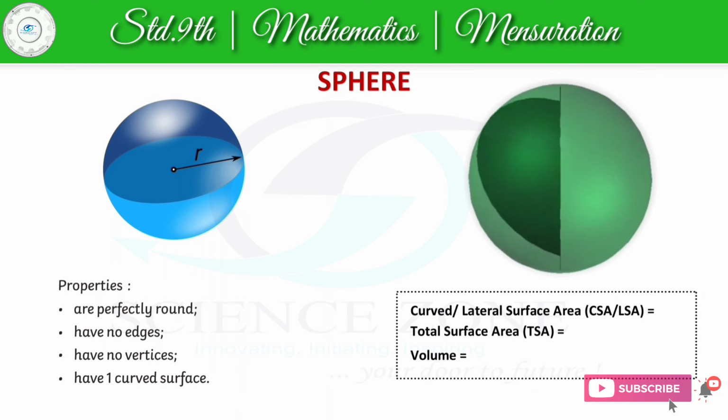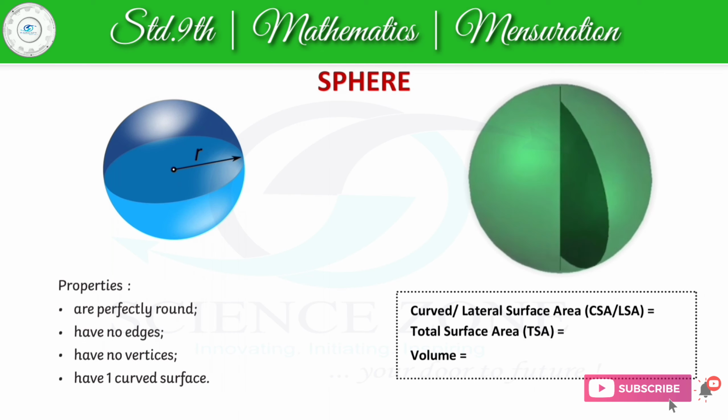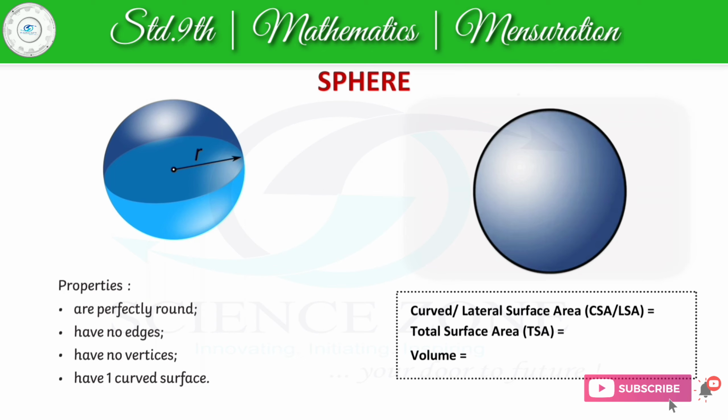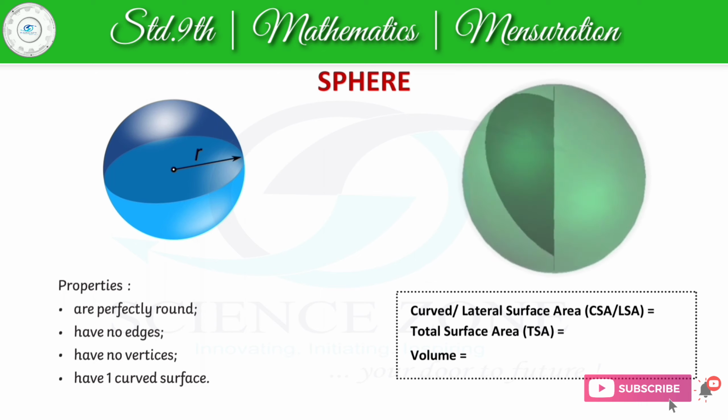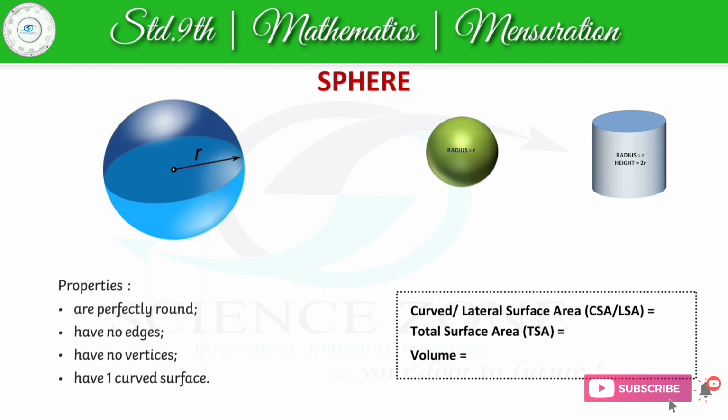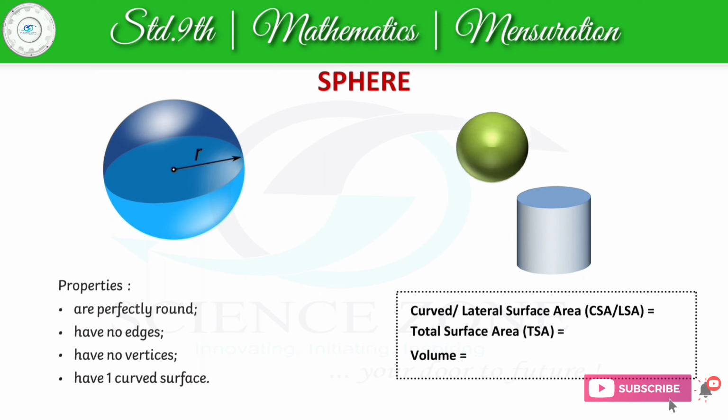Sphere. It is a 3D shape with one curved surface only. A sphere does not have any base. Football, earth, these are a few examples of spherical shapes. As a sphere does not have any base, the formula for its total surface area and curved surface area will be the same. The formula for curved surface area of a sphere was given by Archimedes' hat box theorem.